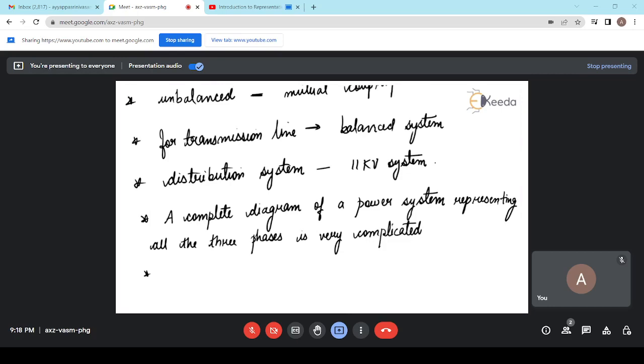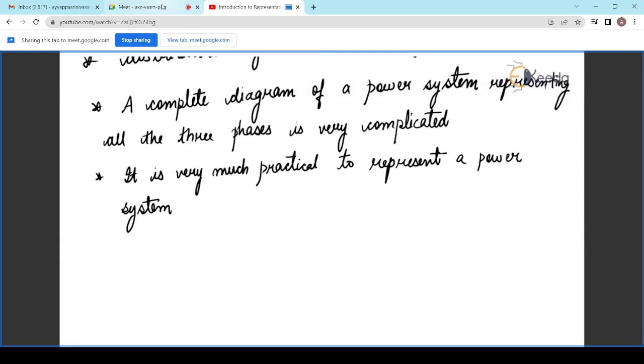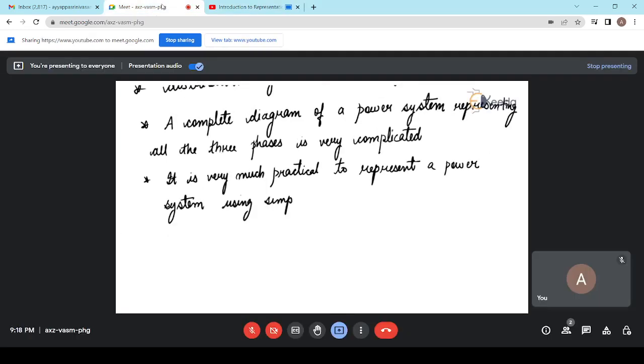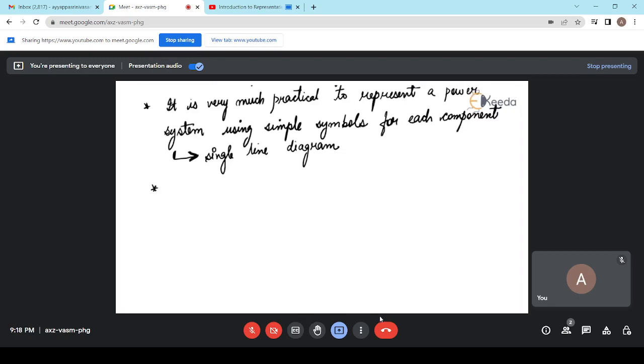So it is very much practical to represent a power system using simple symbols for each component, resulting in what is called a one-line diagram or a single line diagram. In fact, power system engineers have derived the per unit system such that different physical quantities